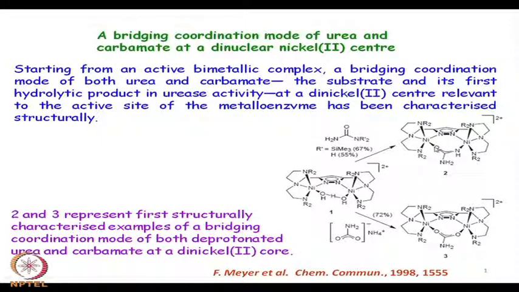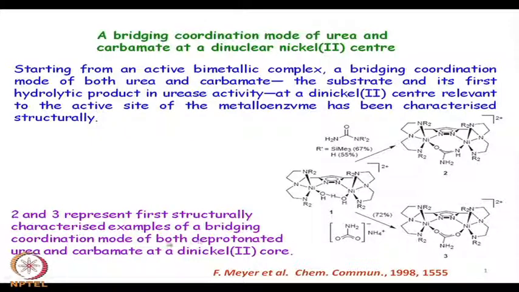So, when acetate group bridges 2 nickel centers through oxygen, carbon, oxygen like your copper acetate, you have a reasonably bigger distance compared to a single atom bridging, compared to bridging by a hydroxide function, a methoxide function or single oxygen of acetate group. So, this distance is reasonably big enough, because we get it in the second reaction where ammonium carbamate is used. So, directly the hydrolyzed product of urea which is forming there, they have utilized it, to see whether the ammonium carbamate is going there and binding these 2 nickel sites.